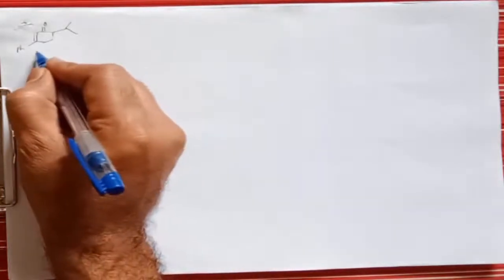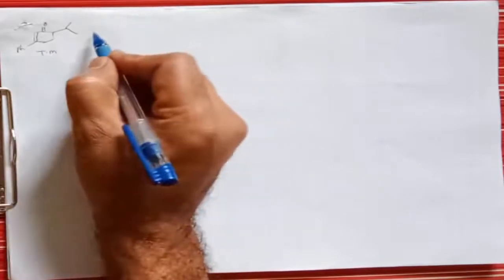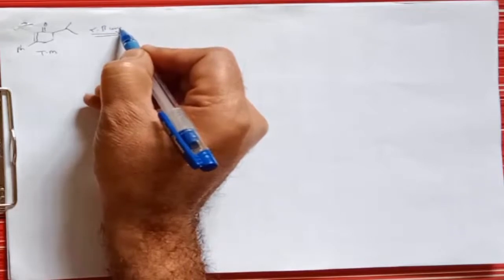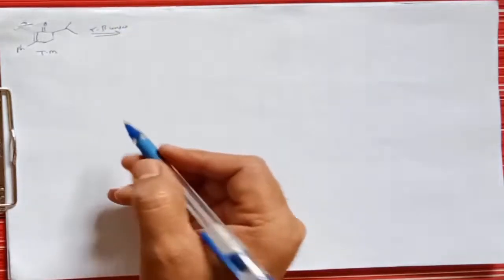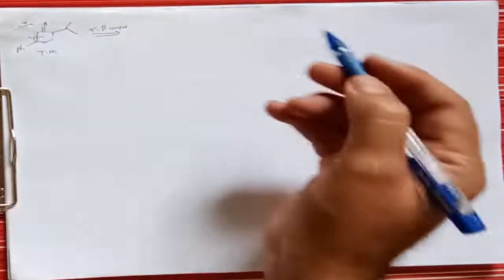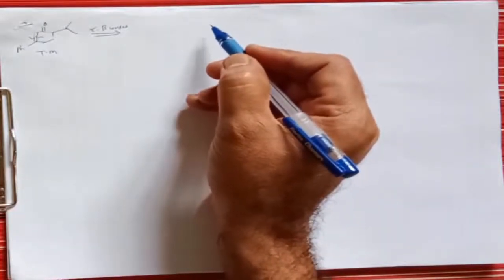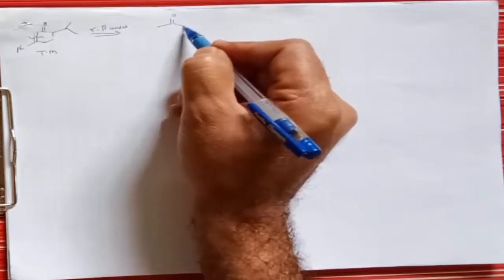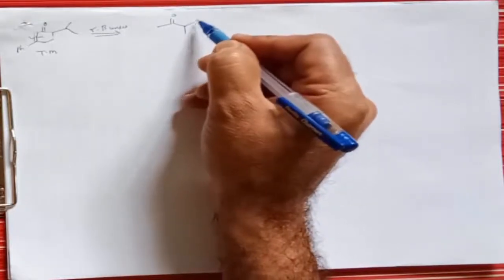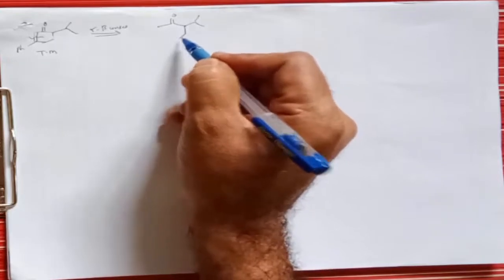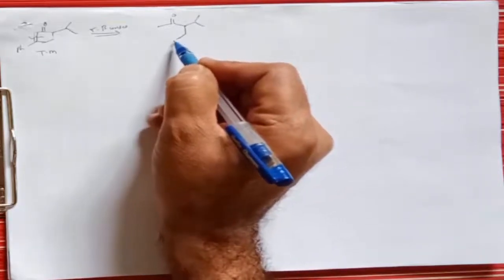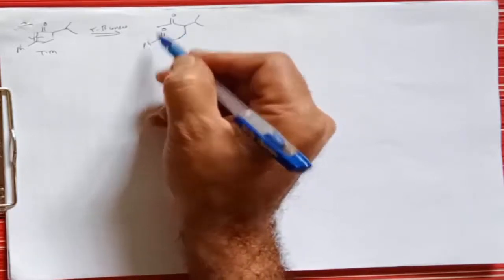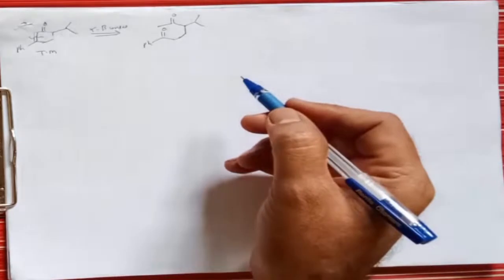Here is one target molecule containing an alpha-beta unsaturated carbonyl compound. For such a compound, we can break the bond at the alpha-beta unsaturated system. From one side it gives a negative charge, and from the other side it gives a positive charge, and therefore it gives such functional groups. So from this side it gives a carbonyl compound, and from the other side a negative charge.